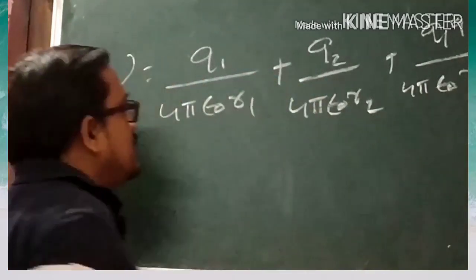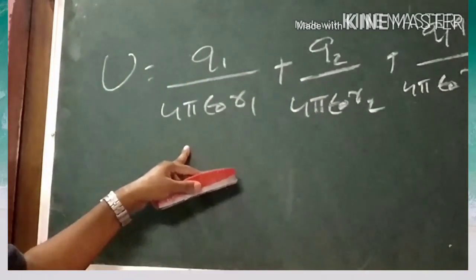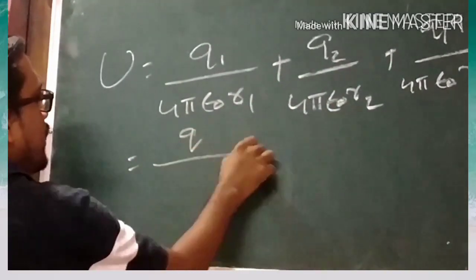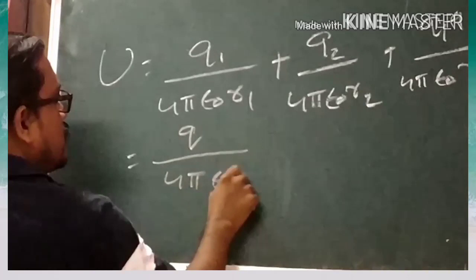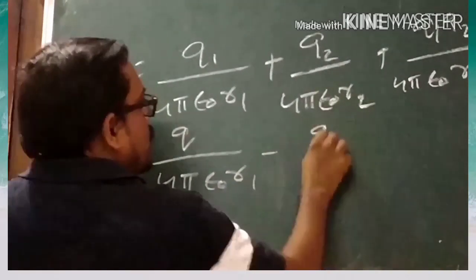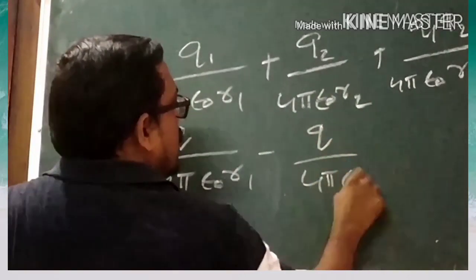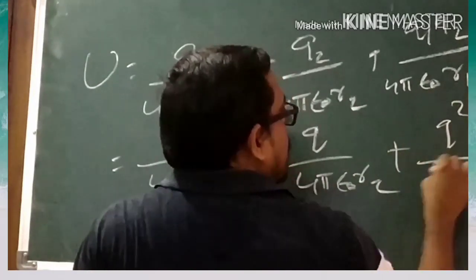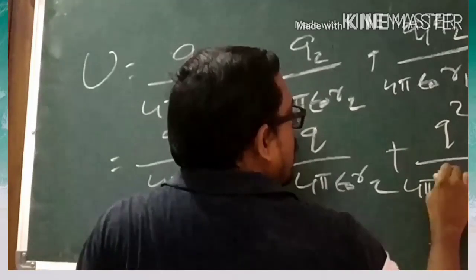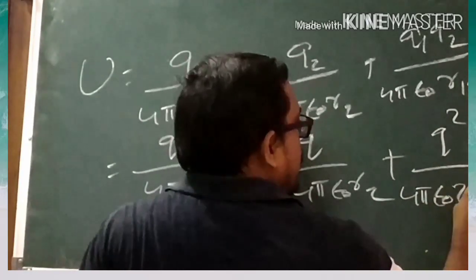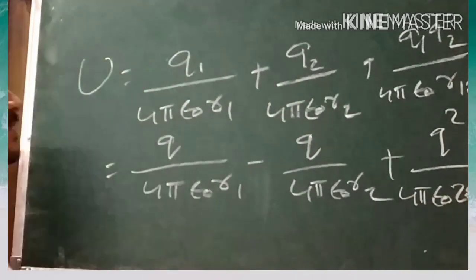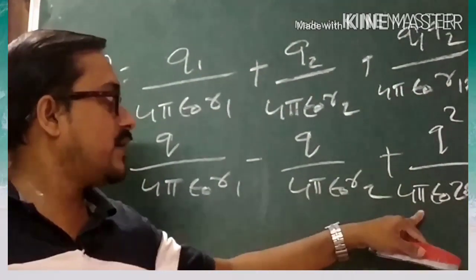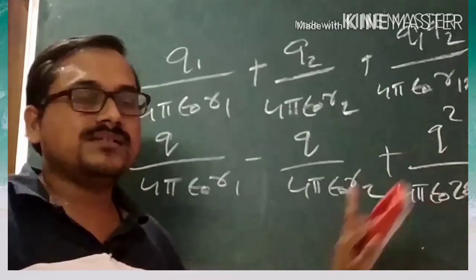Okay, this is the equation which we have applied for a system of charge. Now we know for a dipole this is Q by 4 pi epsilon 0 R1 minus Q by 4 pi epsilon 0 R2, and we can say this is Q square, and we know the distance between them will be equal to 2a. Okay, now this is 4 pi epsilon 0. We know the distance between the two charges is 2a for a dipole, so we have taken this as Q square by 4 pi epsilon 0 2a.